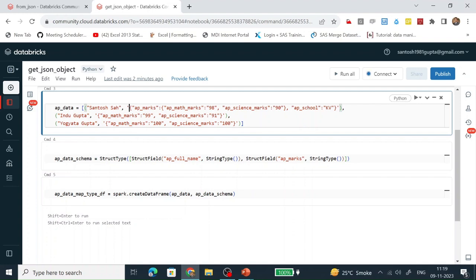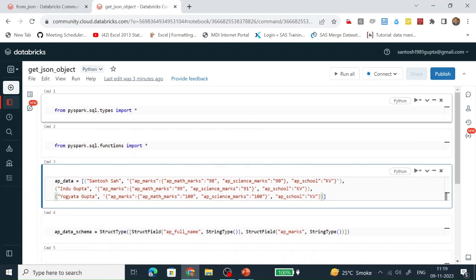First, let's copy this structure into each and every object. And we should also copy this one. Control C, Control V, Control V. So let's run the code one by one.